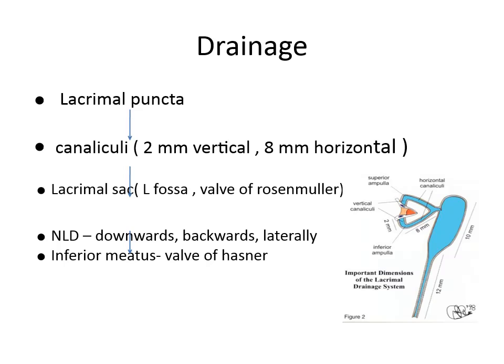Now finally it opens up into the lacrimal sac. This lacrimal sac is situated in the lacrimal fossa, mainly formed by the lacrimal bone and the bone of the maxilla. Then from the lacrimal sac it comes down to form the nasolacrimal duct. This nasolacrimal duct is around 12 mm in length and runs downwards, backwards and laterally, and finally opens into the inferior meatus. Again you have one more valve here, called the valve of Hasner.